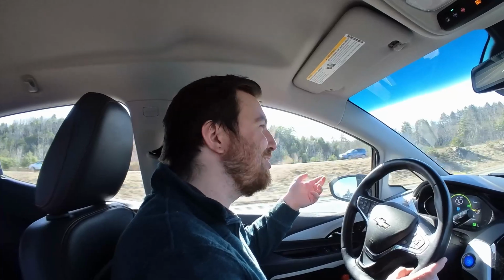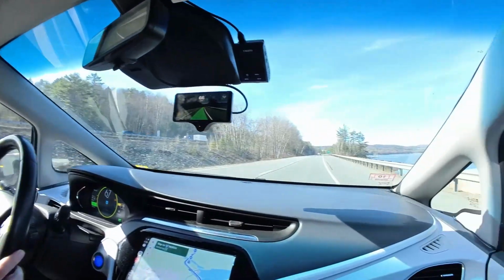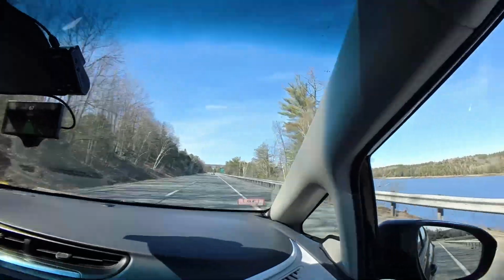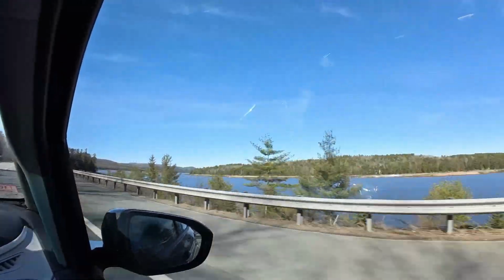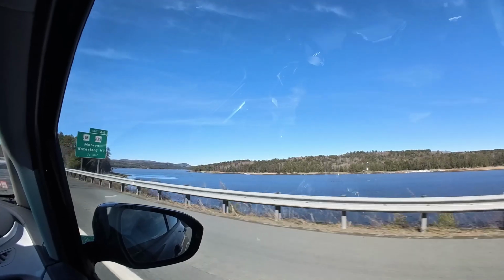St. Johnsbury, which I forget the name of every time I say it for some reason, because we still have to charge. So the road's nice and empty. Everyone's probably headed the other way. It's not too bad yet, but it will probably get bad. But yeah, we're headed to St. Johnsbury. We're gonna probably have to wait in line for a charger, but we'll charge as much as we can